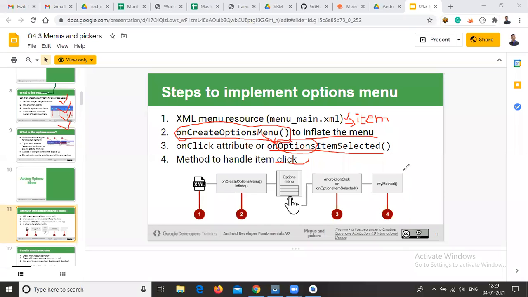This is the workflow of option menus, so in the diagram you have a clear picture. The rest is the coding part, and I will tell you the coding part also. No problem.